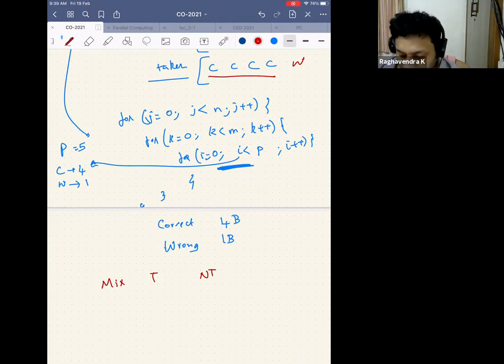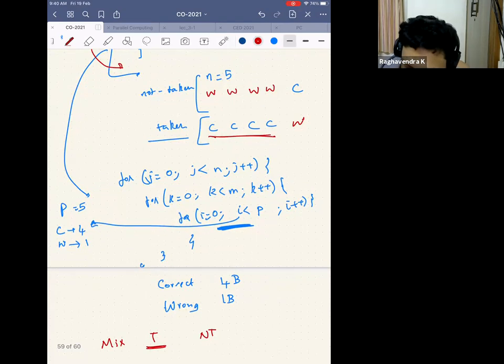So they came and said, okay, you are doing 4 billion times correct and 1 billion times wrong, and you have built such a kind of predictor. So I will build a predictor which will mix both taken and not taken, and will mix it in such a way that I will start with the taken predictor. Before the taken predictor tries to predict something wrong, I will somehow figure out that it will. So I have started with the taken predictor because it is predicting me right 4 times.